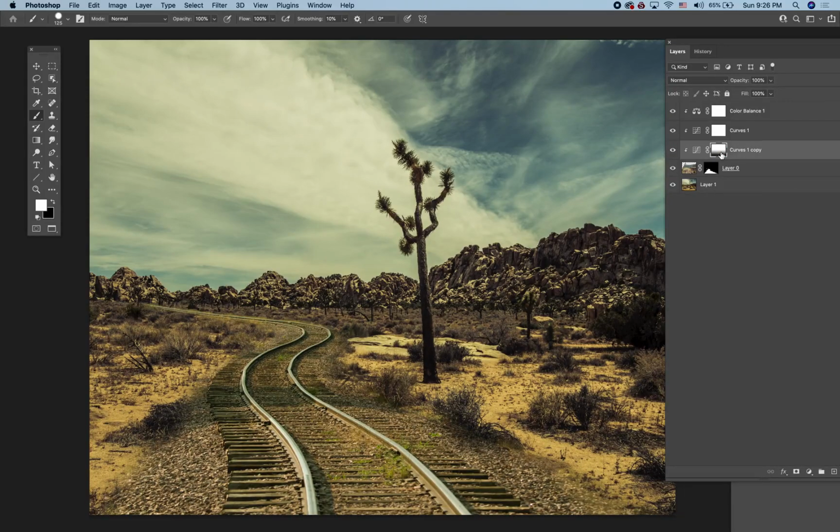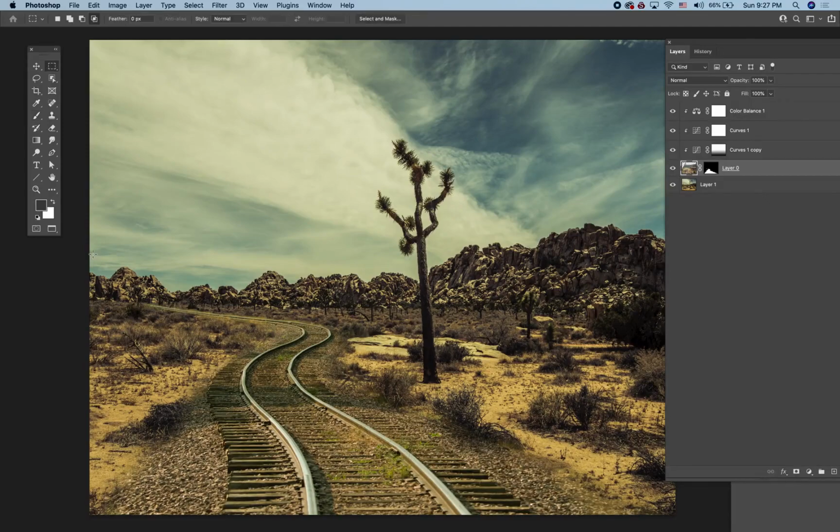Now I want to do one last thing before the end of this video, and that is to show you how to do a partial transformation. This can get really tricky, but it can be very, very useful. So looking at the railway, I really like how things are going, but it just doesn't look right here. It's too straight. And when I had the transform on the entire layer, I couldn't really tweak just that little area. Now there are a few different ways to do it, but one way is to do a selection and